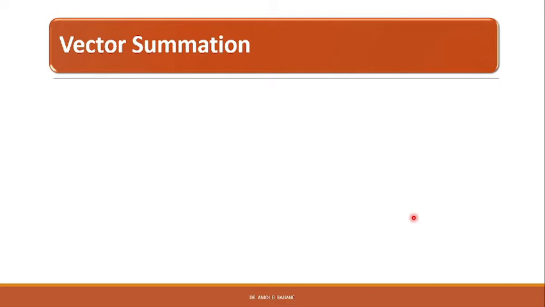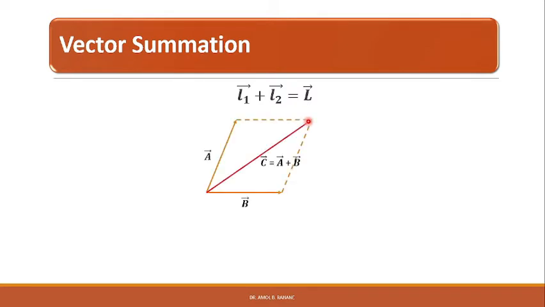In this method, the two vectors L1 vector and L2 vector are added in order to get the resultant L vector, capital L vector is equal to L1 vector plus L2 vector. This is done with the laws of vector addition. L1 vector is the orbital angular momentum for the first electron and L2 vector is the orbital angular momentum for the second electron.